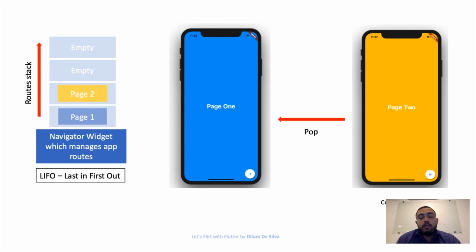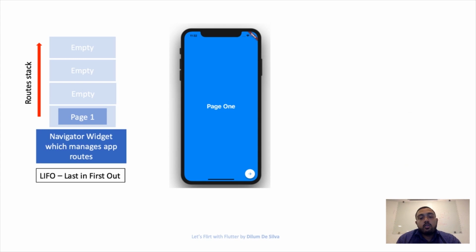So now I am performing a pop action. That means I am using the pop method. I am going to come back to the previous page. So the second screen is gone. Now you can realize that the second screen has disappeared from the stack as well, because when it comes to this stack,